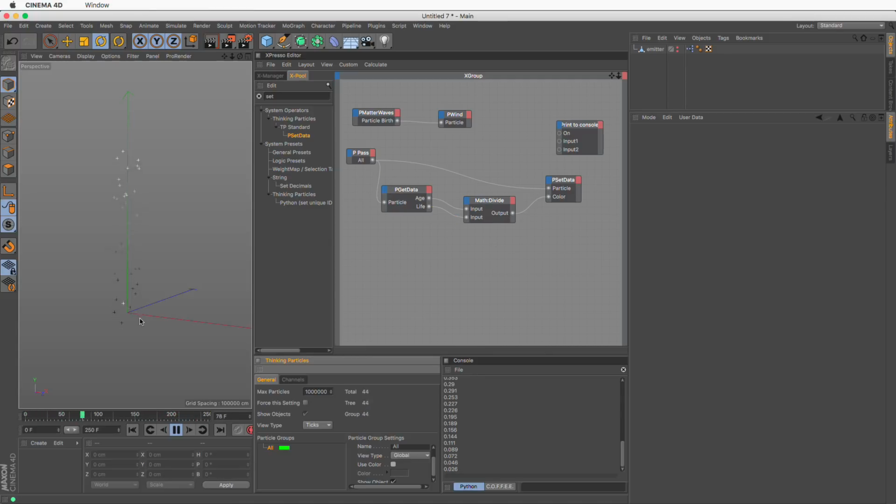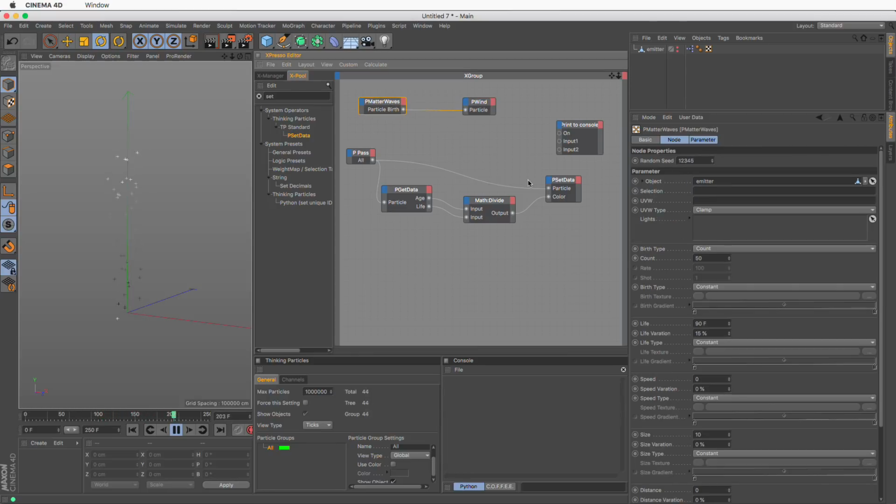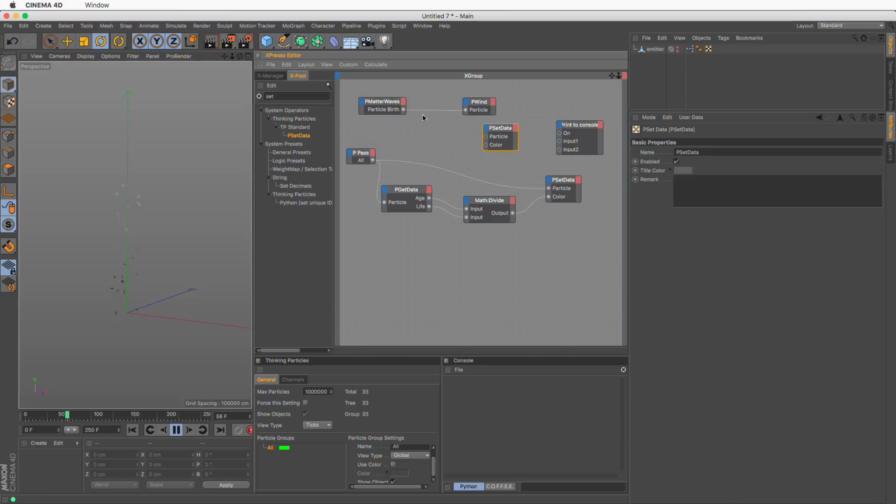So I want to make sure these flashes don't happen. And in order to do that, I'm going to do it in a very simple manner. I'm going to just command and drag this to make a copy. And for every particle that is born, I want to set this color to black. So I'm going to set the actual parameter upon birth to be consistent with the lowest age, which is 0, which is color black.